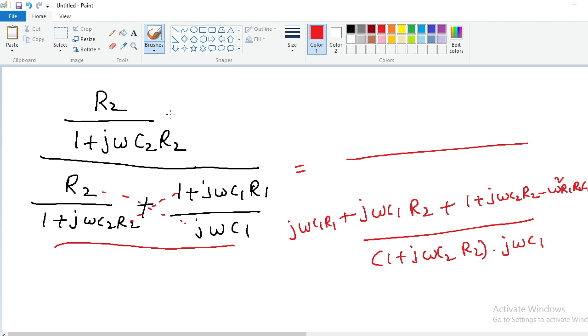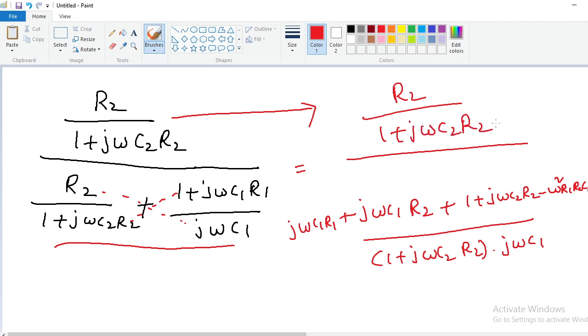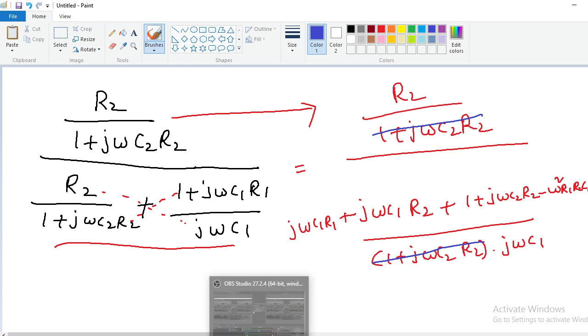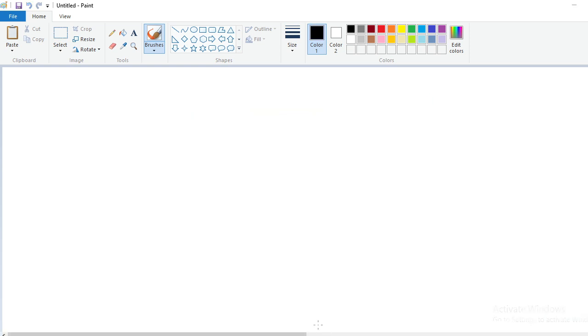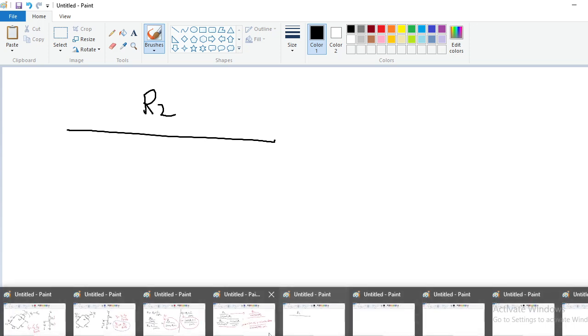Now coming to the numerator, direct value, you will get R2 divided by 1 plus j omega C2 R2. So this 1 plus j omega C2 R2 and this 1 plus j omega C2 R2 is cancelled. So finally we'll get R2 divided by